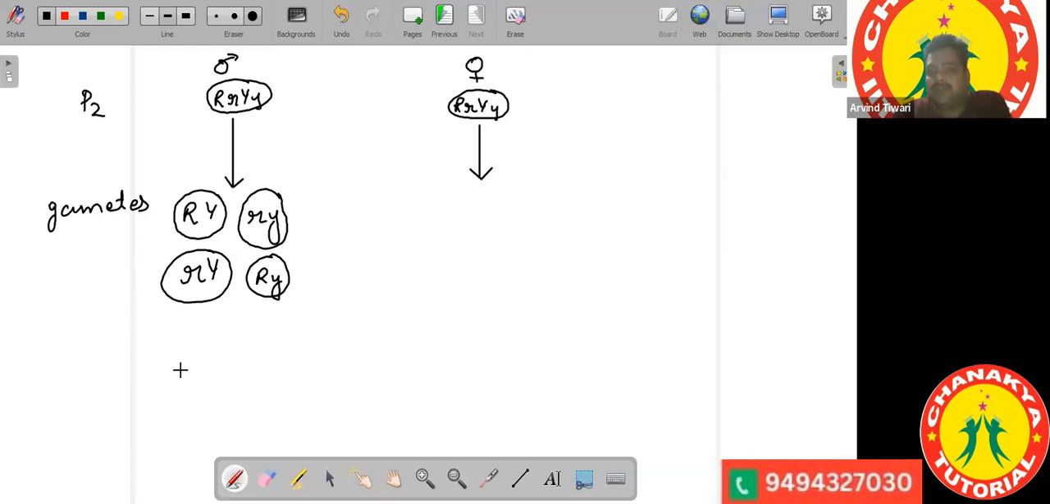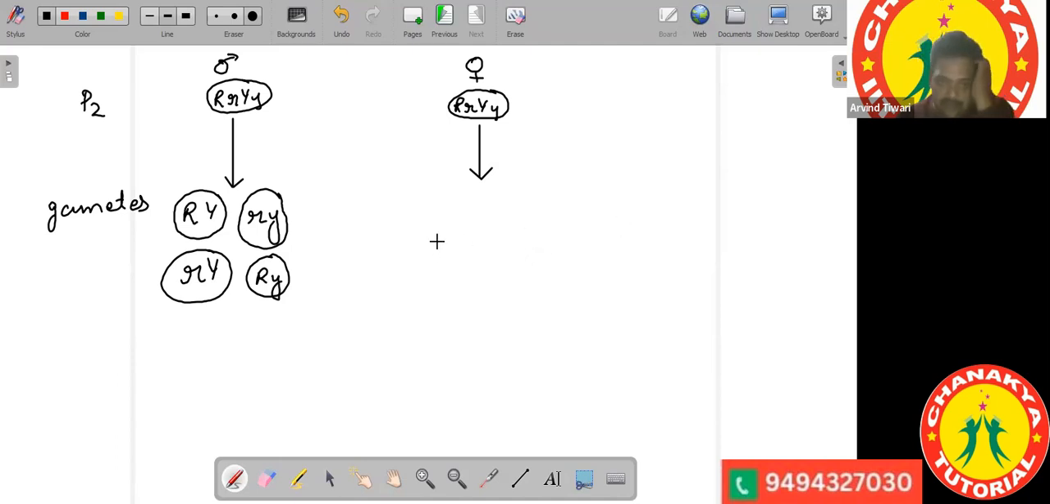Law of segregation means whether there are single characteristics or multiple characteristics, each characteristic is dominated by a single gene. One gene is dominating a single characteristic. Okay, so these are the gametes which will be formed for the male. And